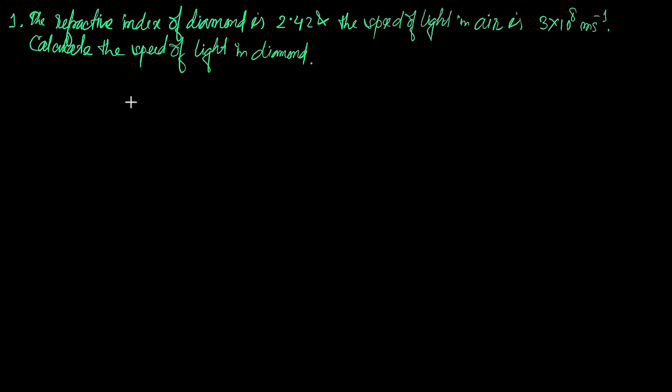By the way, this is the time to solve today's problems, okay. So we will start from our first problem, which is saying that the refractive index of diamond is 2.42, okay. We will write it down, and we will represent the refractive index by small n. And what is the product of that? nD. That means the refractive index of diamond is 2.42. This one is given. And what extra thing is given? The speed of light in air, 3 into 10 to the power 8, and it is represented by small c. Write it down, 3 into 10 to the power 8.